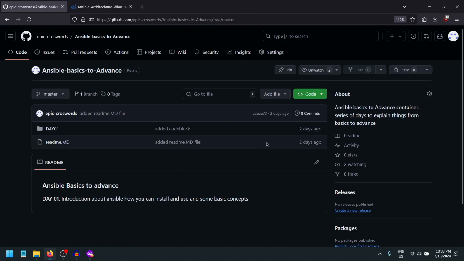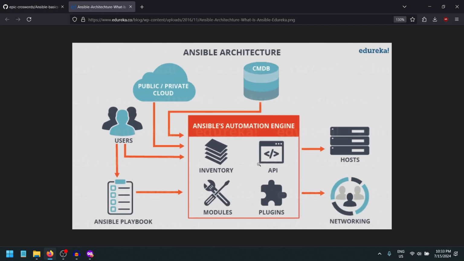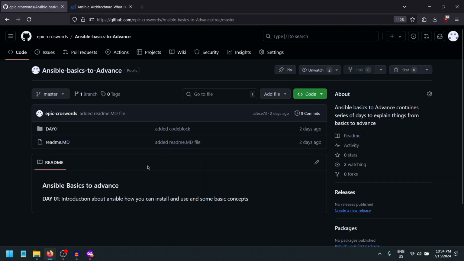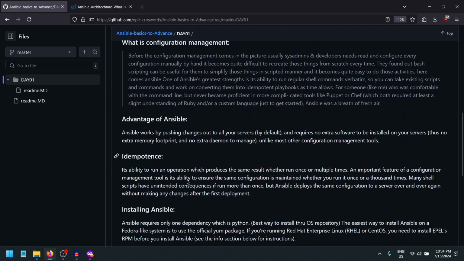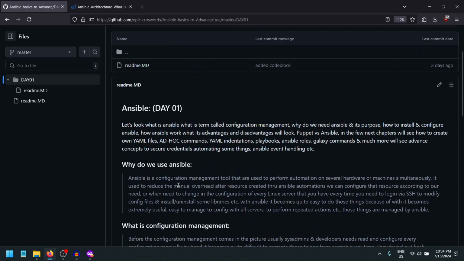First of all, Ansible was created by Red Hat, and it is written in Python itself. It uses a push mechanism. Ansible has one big advantage over Puppet and other tools: Ansible uses a push-based mechanism. In this push-based mechanism, Ansible doesn't require an agent. Ansible works agentless. It directly communicates with the SSH service of the machine,